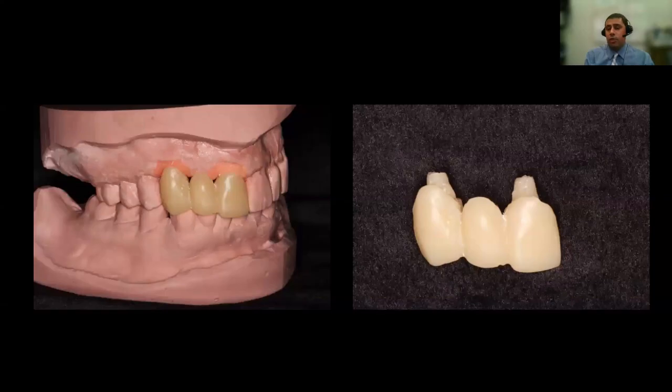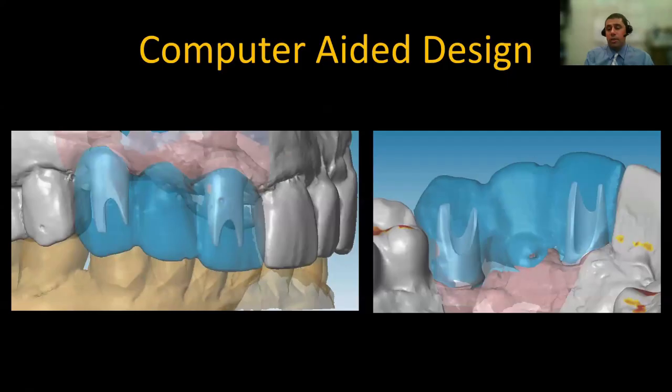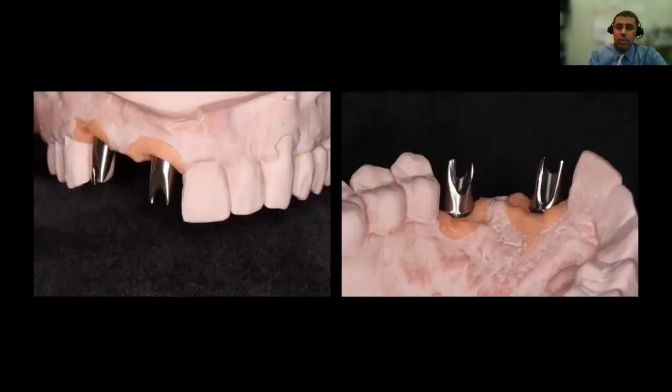And after that, obviously, an impression was made. In this case, we just made a duplicate of the patient's provisional restoration that he's happy with. From there, we completely designed the abutments, fully contoured to allow good soft tissue support, good biomechanical features, and good aesthetic outcomes for the patient. You can see here the full design. This is Dental Wing software that was utilized for the fabrication of these abutments. And here's the final abutment fabricated,